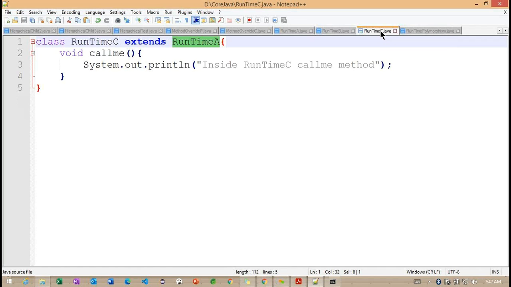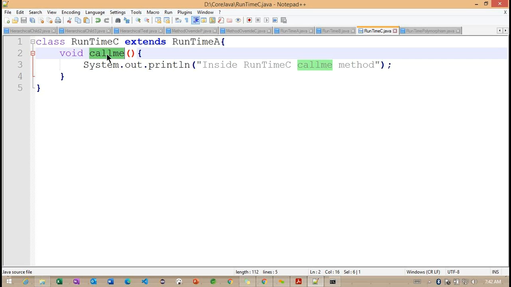But here, what happens internally, sometimes I don't want to use the common functionality. I want to use specific functionality here. Now what we can do is override the same call me method and implement whatever specific functionality we are expecting. Getting the point?